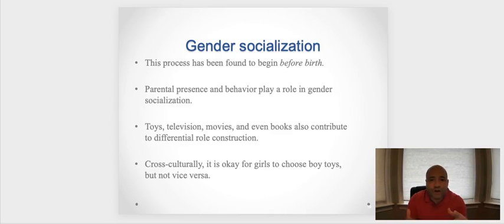Look at how strong he is. Look at how he is going to grow up and be a sports player. Oh, look at how delicate she looks. She's going to grow up and be a dancer, and so on and so forth. So this is gender socialization. Once the baby is born, these kinds of adjectives and this kind of language get used to talk about the child, and these things get internalized, right?